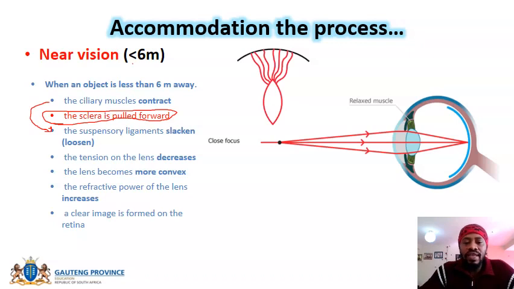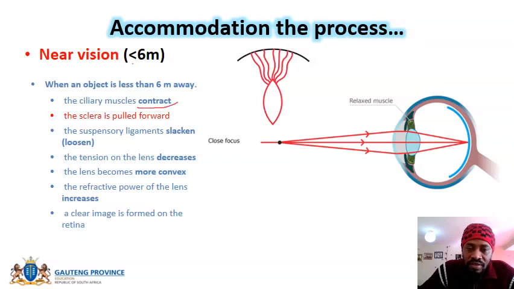So how do I get to a convex lens? That's my question right now. How do I get to a convex lens? For that to happen, ciliary muscles must contract, remember, because now I'm standing on my feet. Muscles in my feet must contract. Ciliary muscles will contract, and when these ciliary muscles will contract, they will rise up like that. Will become more dome. And what will happen? Next thing, the suspensory ligaments, because of that, will be set free, will be set loose. The suspensory ligaments will slacken, or they will get loose,